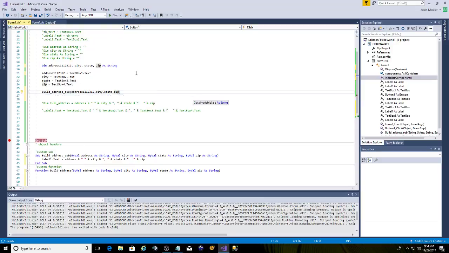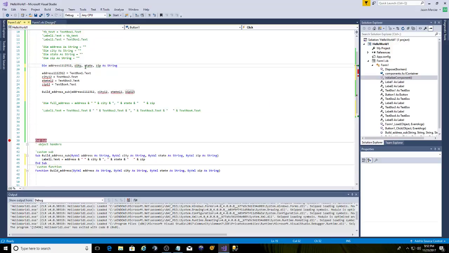When we look inside the function here, we think of it as position 0, 1, 2, 3. Position 0 is address, position 1 city, position 2 state, and position 3 zip. So when I call address, it refers to the address here, which pulls in that one. When I call city, it refers to this city, which pulls in that one. State, state, state. So even if I change these all to city 1 2, state 1 2, zip 1 2,